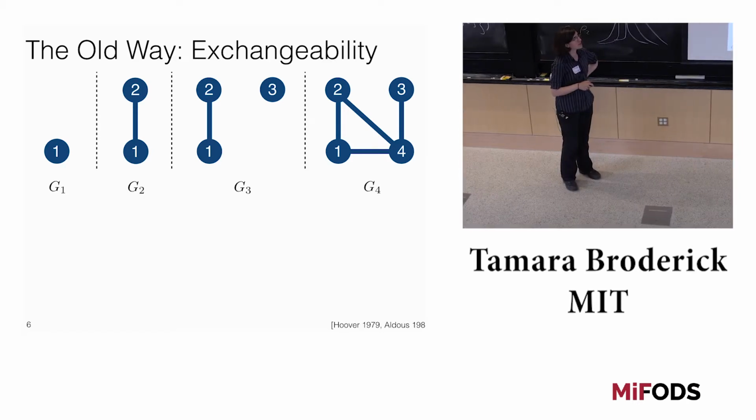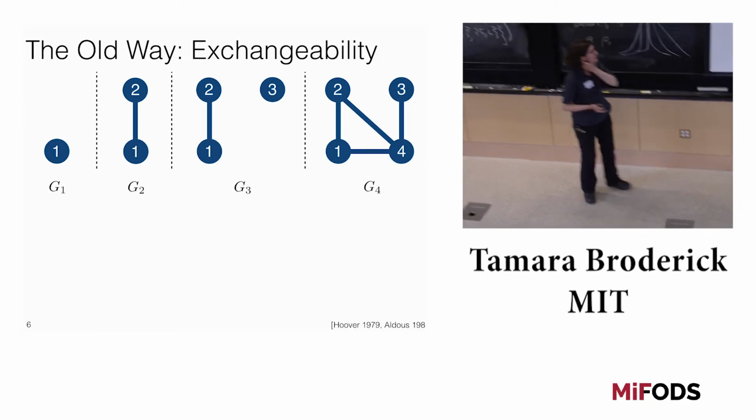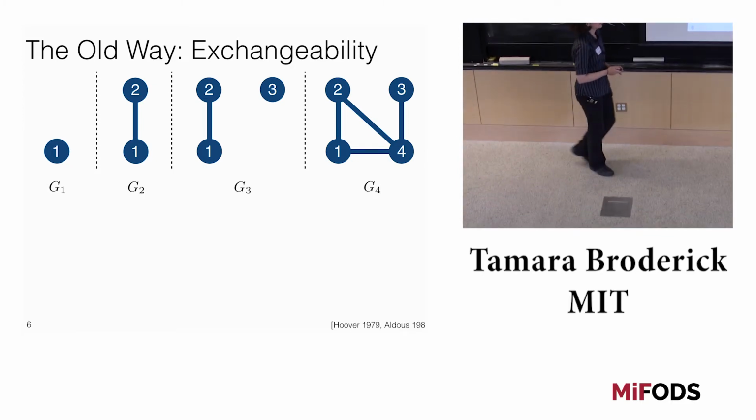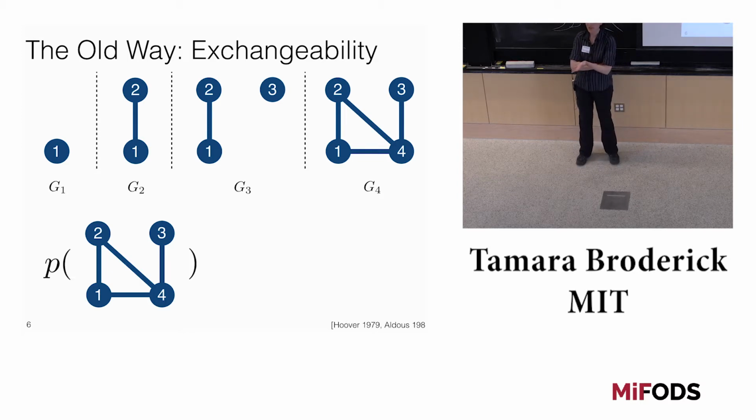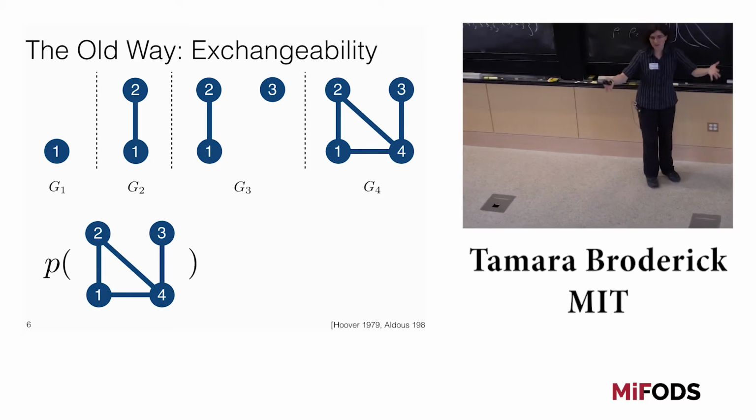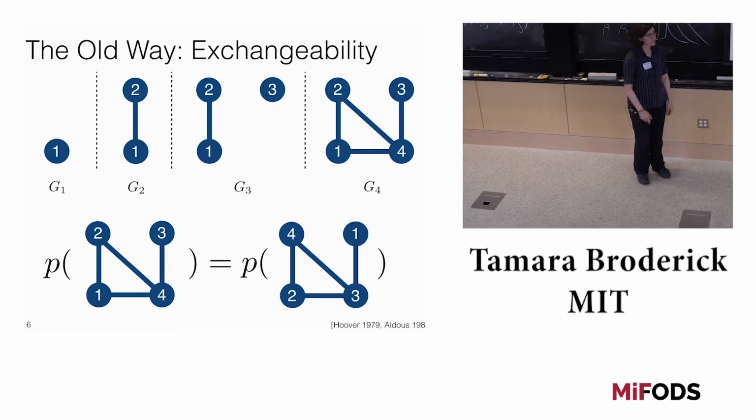Now we just keep doing this, and what's a natural notion of exchangeability? Well, maybe we think that if we put probability distributions over these graphs, that maybe they shouldn't change if we permute the nodes. That's like permuting the data from before. Like, hey, I'm analyzing Facebook's graph. I don't know who any of these people are. They're all kind of the same to me. So maybe I think the probability shouldn't change in this case.